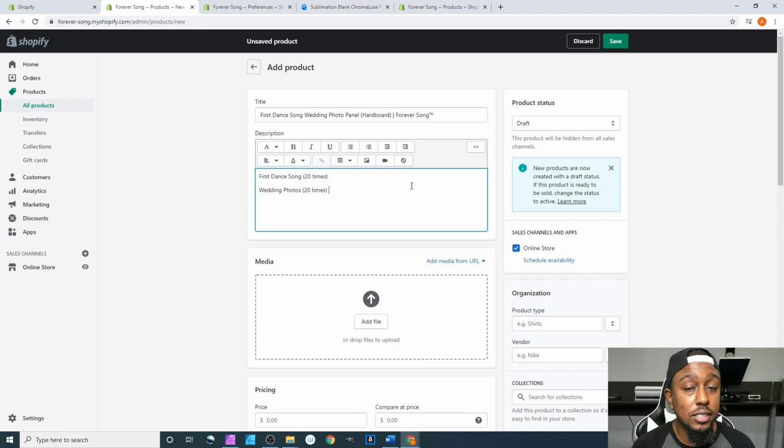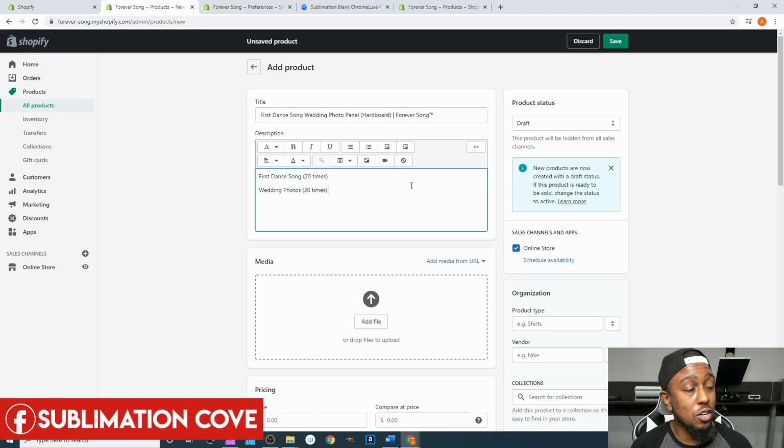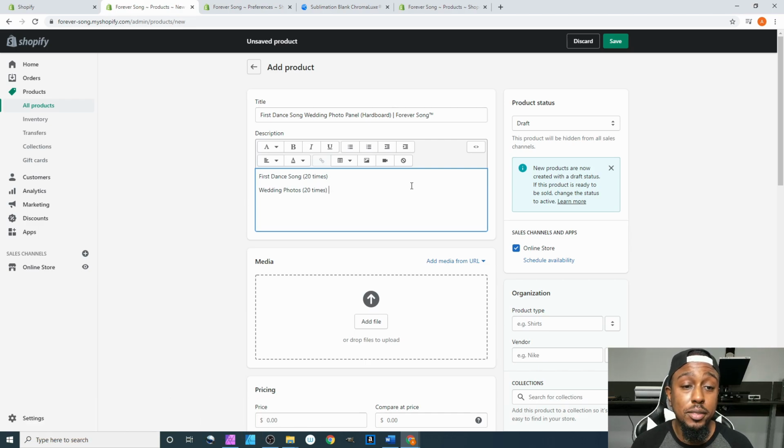It's just like clothes. I know I can go to all these different places for my clothes, but when it comes to my shoes, I know I'm going to Foot Locker. So you pretty much want to have your website and everything set up the same exact way. And what I mean by having first dance song and wedding photos 20 times in the description is that you need to type out sentences, give people a real in-depth